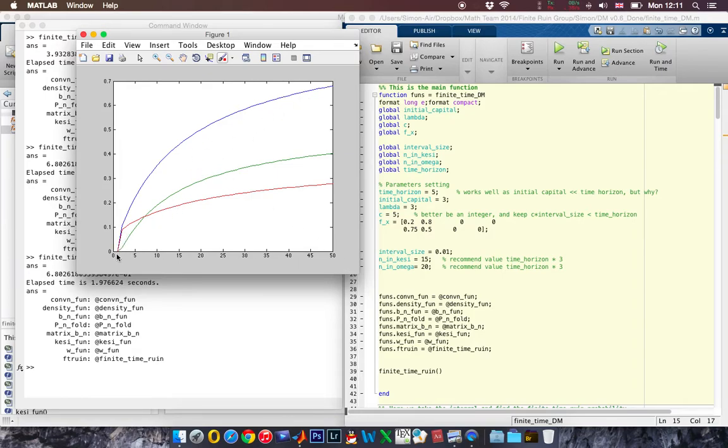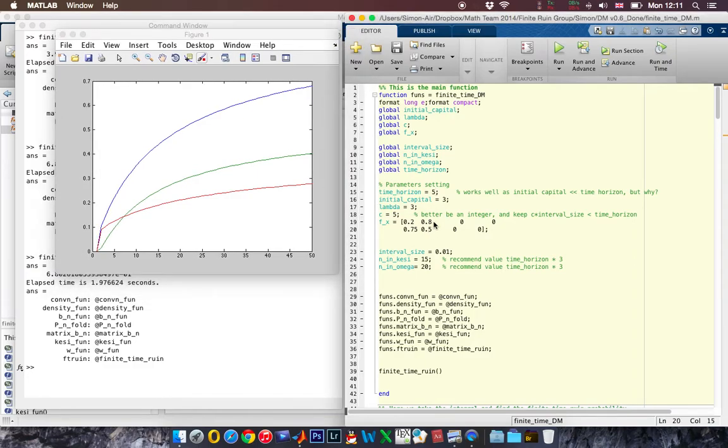And this green line is the Bessel function result. The Bessel function result gives us the finite time ruin probability when your claim is modeled by a single exponential density function. So you can see the huge differences here, because instead of a single exponential, we chose a mixture of two exponentials here. So if I change them back,